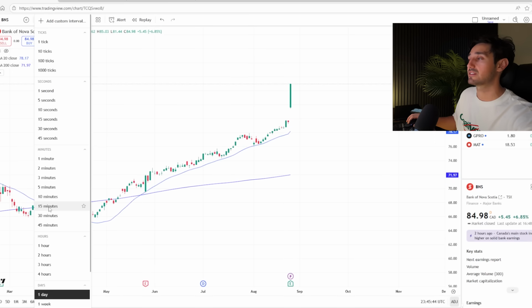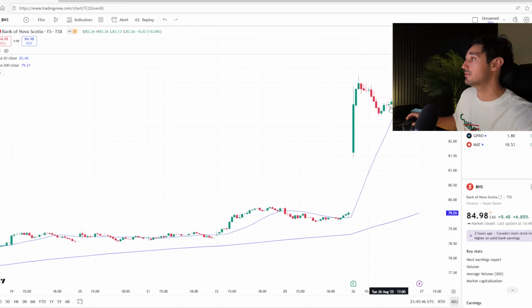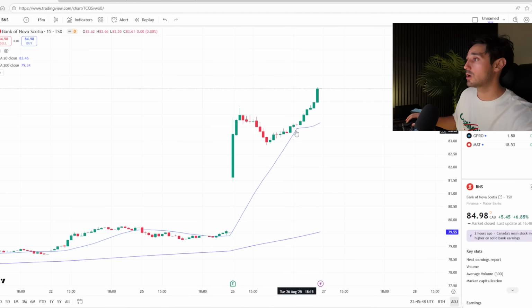Go to the 15-minute time frame to find a potential setup. And even on the 15, look at how well prices are respecting the 20. We have a nice rally, a 4 red bar pullback, a nice little buy setup here. We kind of move up a little bit right into the 20 and then we take off and make new